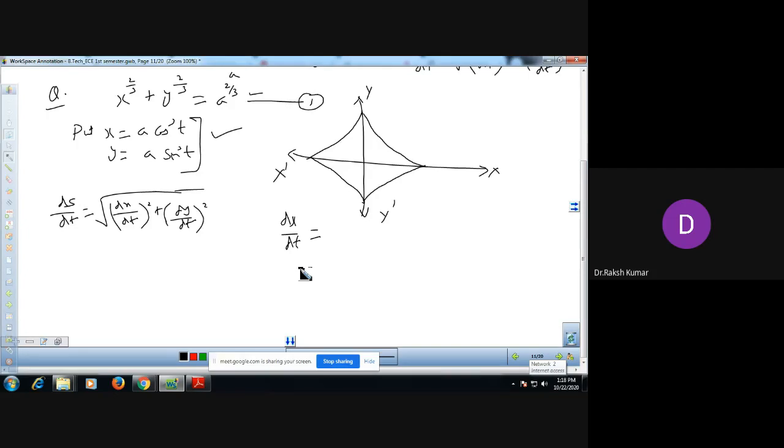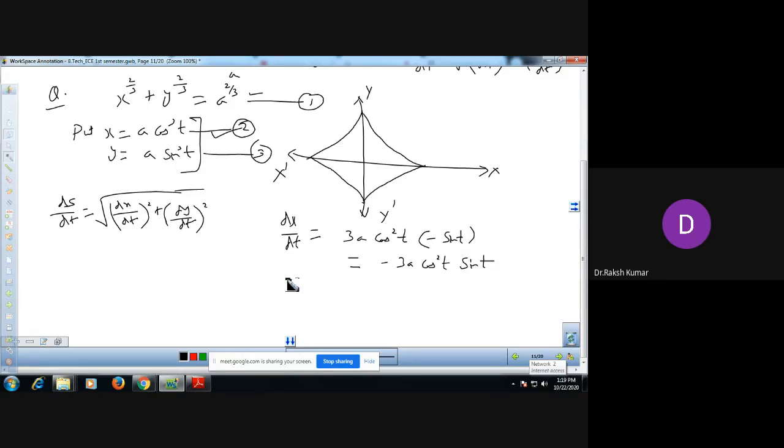Join again, you will not face this problem. So you need to find the derivative dx over dt. Differentiate equation number 2 and equation number 3 with respect to t. First of all, differentiate equation number 2 with respect to t. So this comes out to be 3a cos square t, and the derivative of cos is minus sin t. So it comes out to be minus 3a cos square t into sin t.